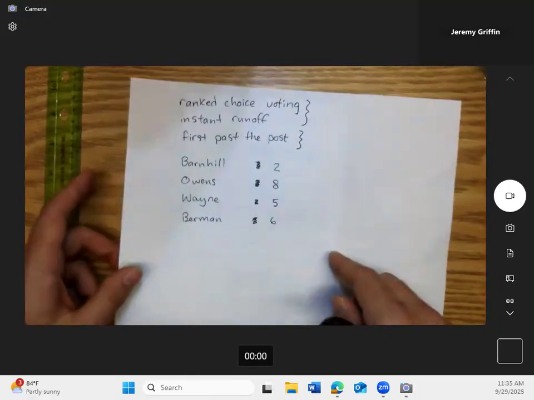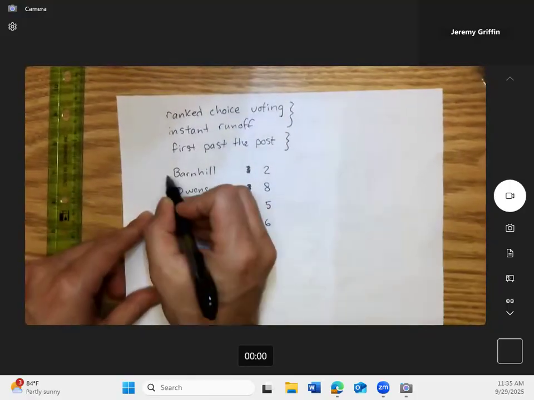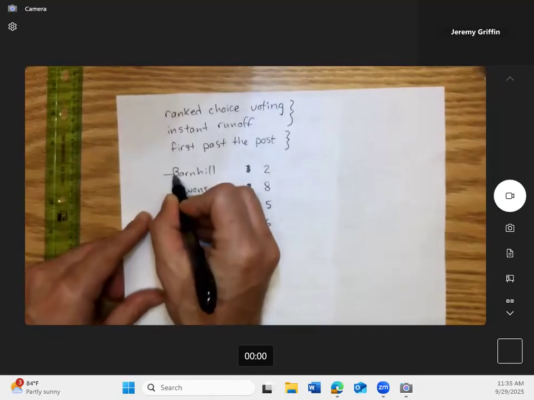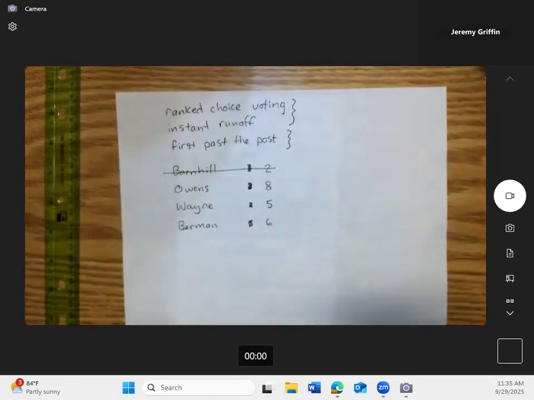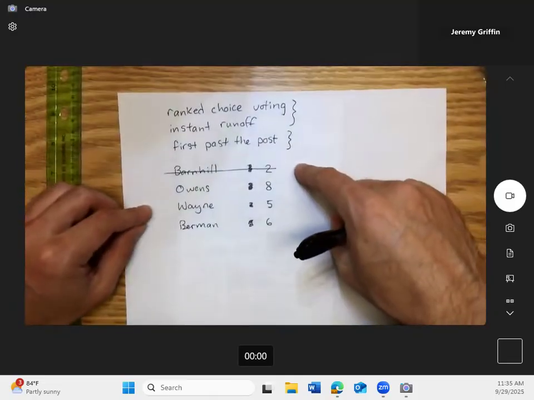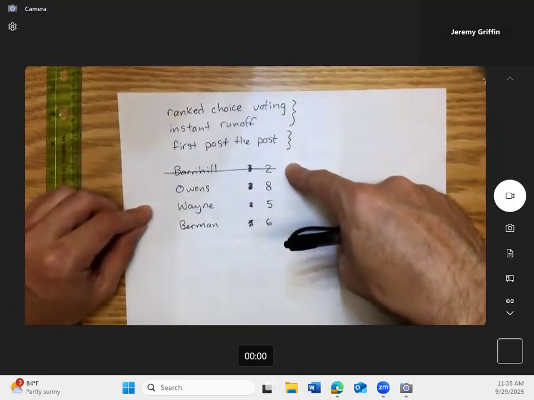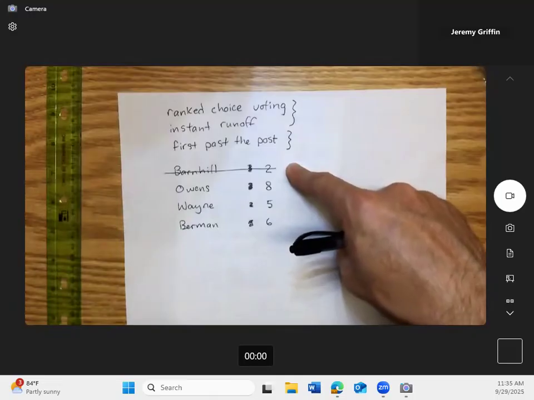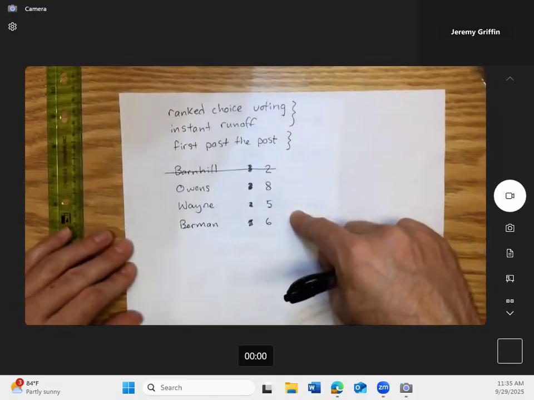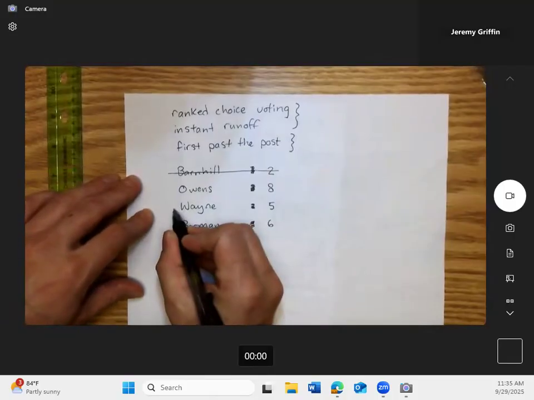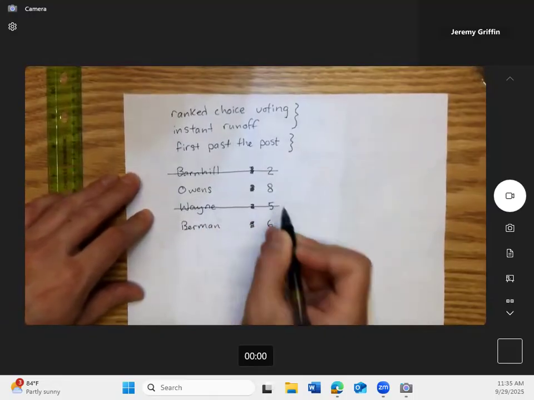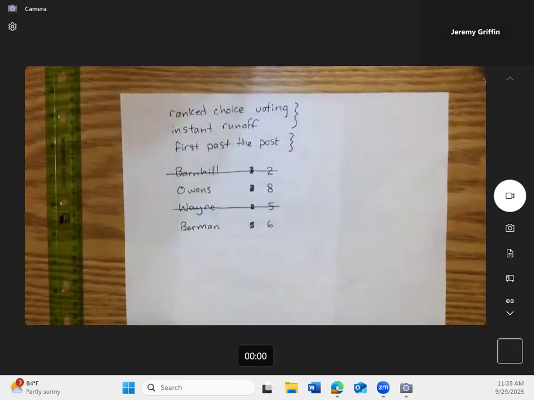So what we'll do is strike the lowest number of first place votes, which in this case would be Barnhill. Then behind the scenes, the machinery retabulates the votes: who are Miss Barnhill's voters' second place votes? And then it recaps the votes. Just to move things along a little bit, I'm going to save a little time and fast forward a couple of iterations, and suppose it narrows down to these two right here.